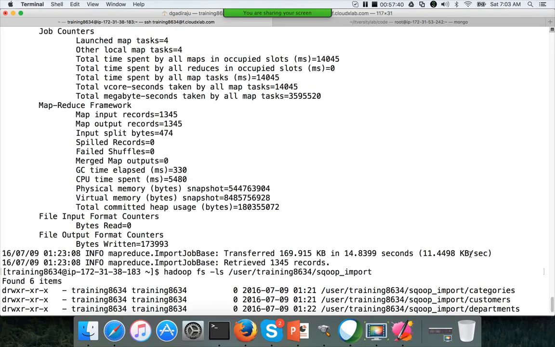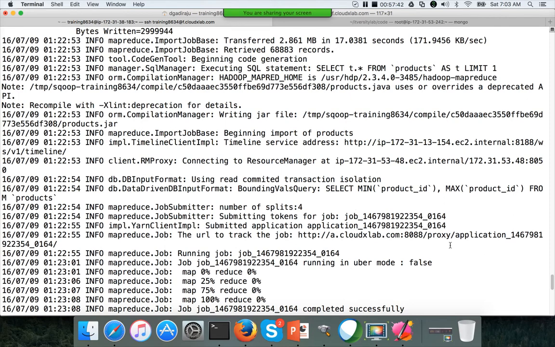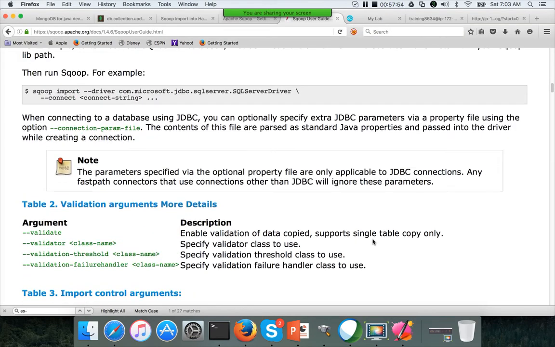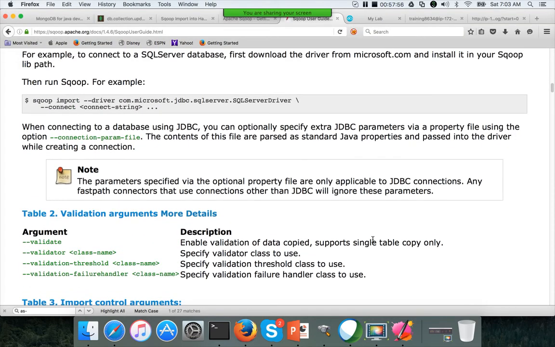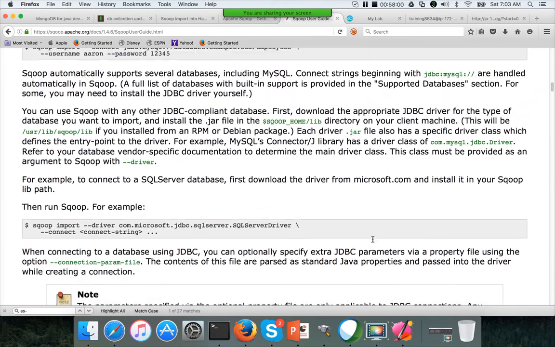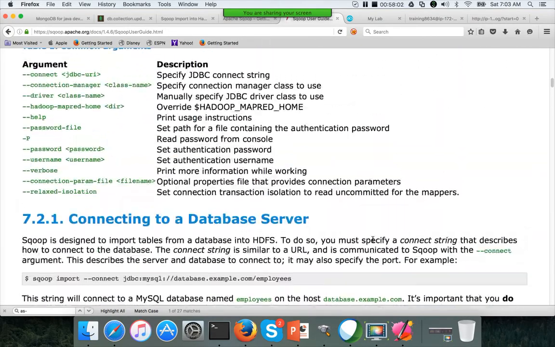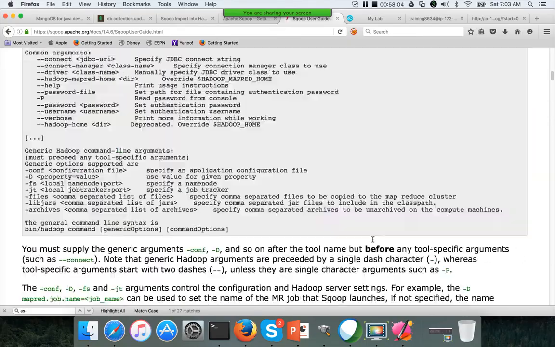Now in the case of import-all-tables, it has submitted multiple MapReduce jobs. So whichever job fails, you have to go there and look into the details to troubleshoot the issue. Now we will get into the Sqoop import command itself. Earlier I just demonstrated how we run it, and now we will get into the meaning of all these parameters. First we will cover import-all-tables, and then we will get into import.